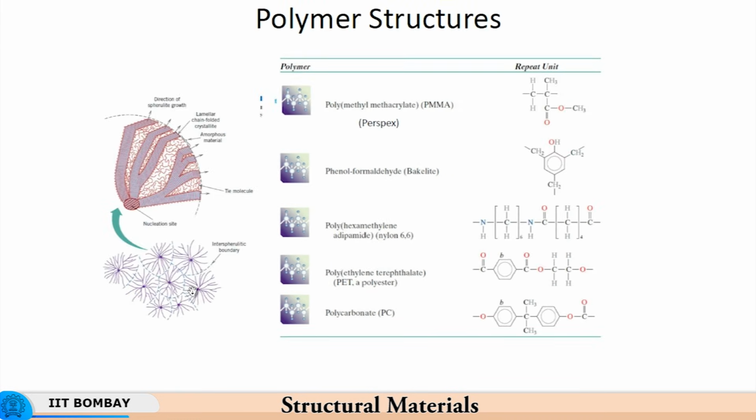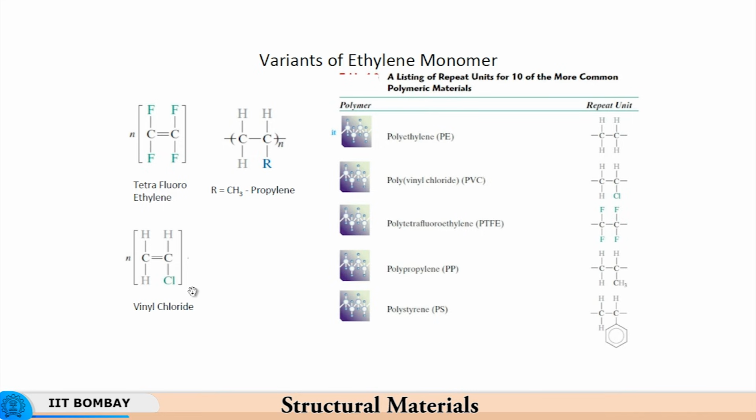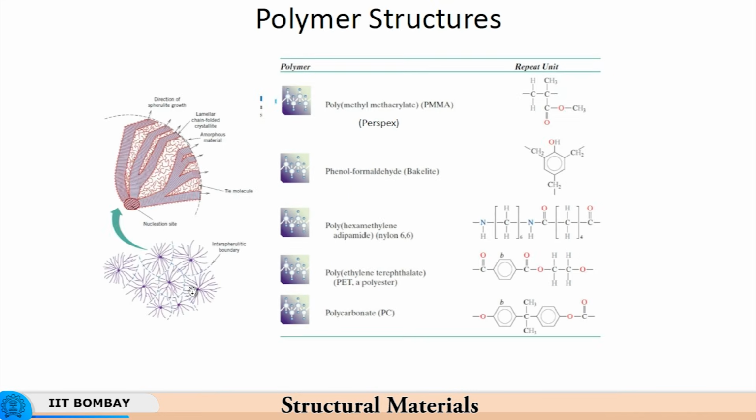There are a few other polymer structures like polymethyl methacrylate, PMMA, which is also called as perspex. So, you see that you have methyl methacrylate. So, now you have chain double bonded chains over here, and so again you will have a repeat unit which is quite heavy in terms of molecular weight. So, the single molecular weight itself is very high, and therefore, the mechanical properties of PMMA would be drastically different from the mechanical properties of the polyethylene or polyvinyl chloride, where the repeat groups themselves are relatively small and much